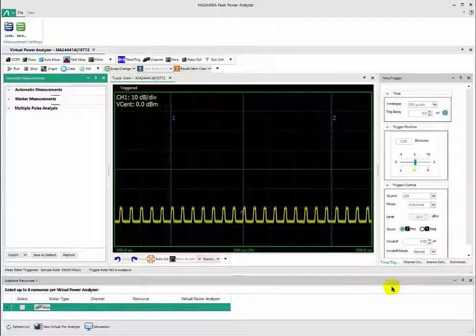Using the Anritsu MA244xxA series of real-time peak USB power sensors with the Anritsu Power Analyzer software as shown on the screen, you can quickly and easily measure pulsed RF signals. So the first thing that we're going to do with our signal is to select the Channel Control tab to